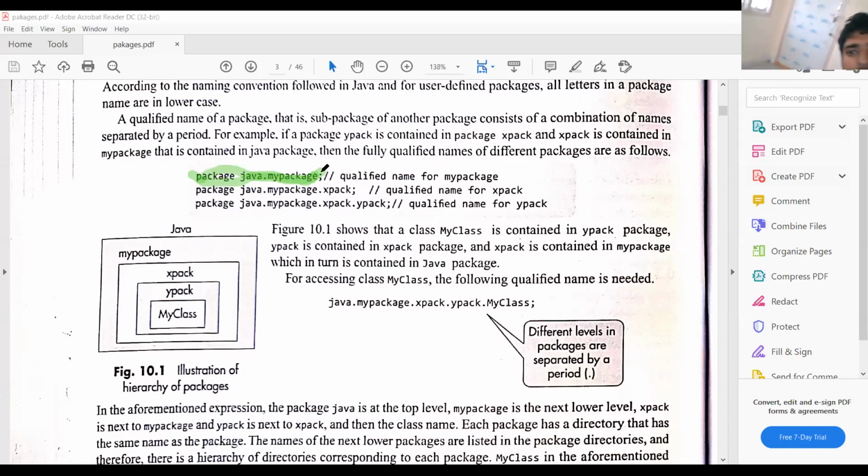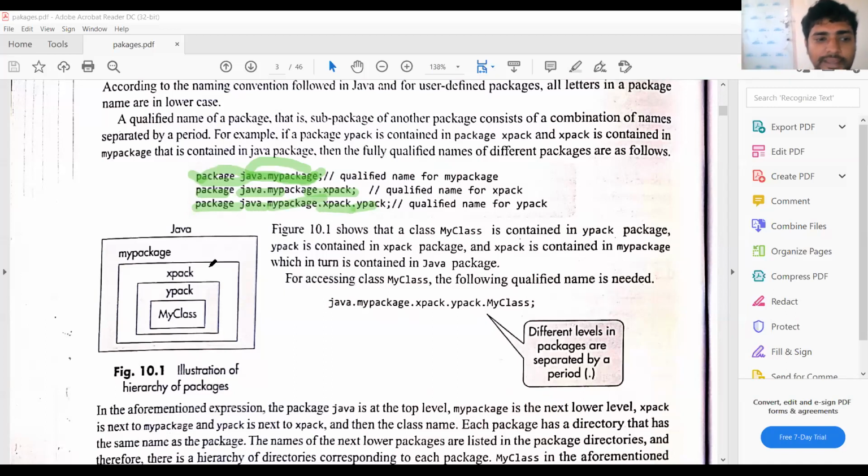That means we are creating a sub package, mypackage, which is a sub package of Java. Next, package java.mypackage.xpack. So xpack is a sub package of mypackage. In turn, mypackage is a sub package of Java. Package java.mypackage.xpack.ypack. Let us illustrate this concept with a figure.